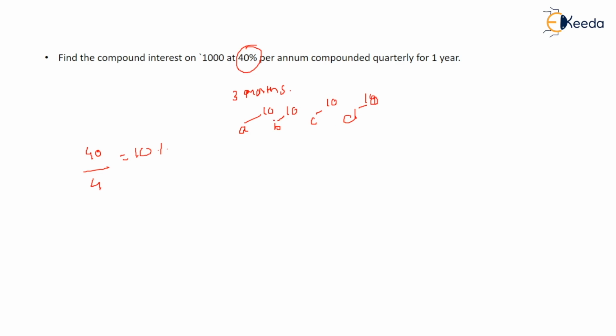So these 4 quarters of 3 months make what? A year, right? So first solve for these two. That comes out to be what? 10 plus 10 plus 10 into 10 upon 100, that comes out to be 1. So this comes out to be 21. This is solved. Okay, so now after solving this you have to solve with this.